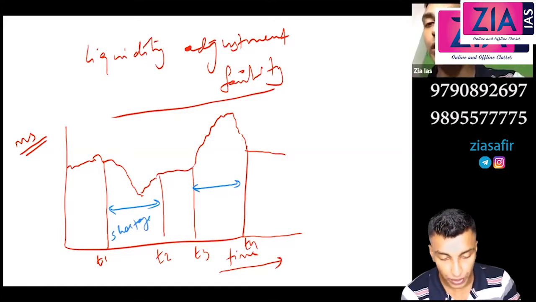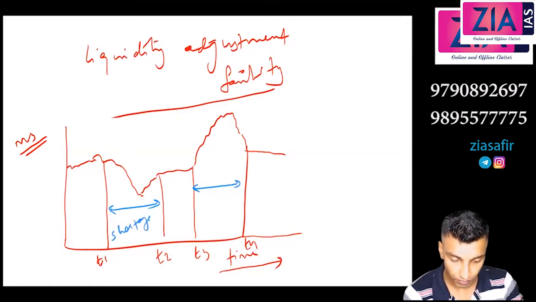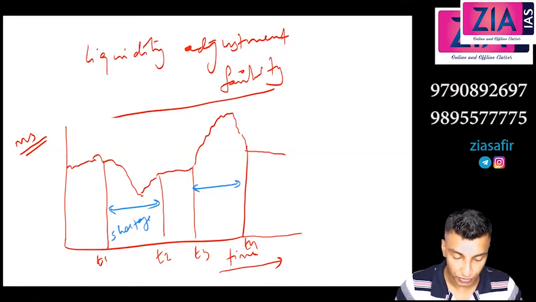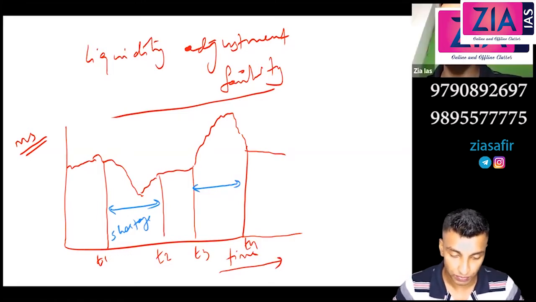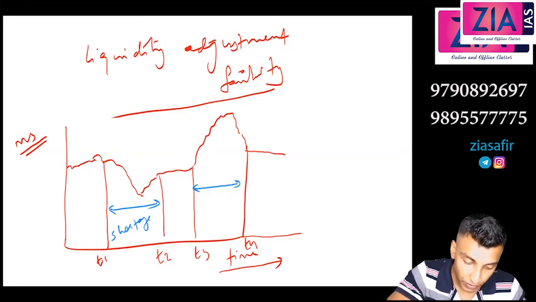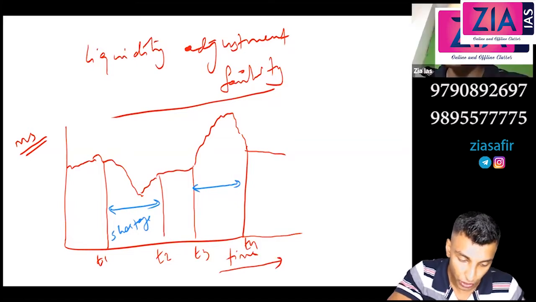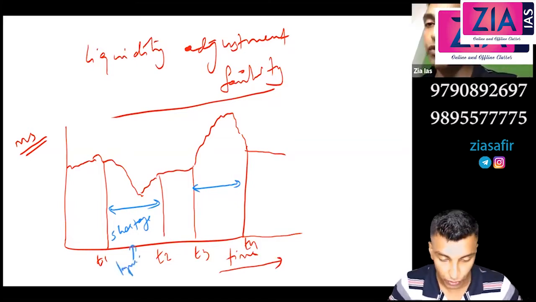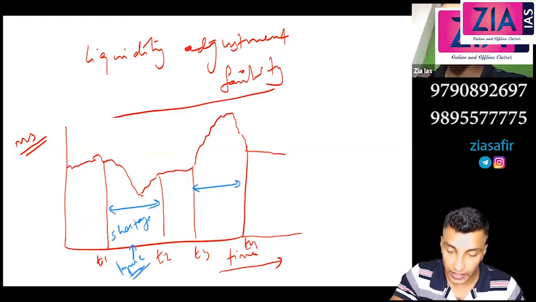So what does RBI need to do here? Reduce the CRR, SLR. Don't talk technically, you tell me: if shortage is there, what does RBI need to do? They have to increase the money supply. In shortage, RBI has to infuse money, right? Yes. So here, T3, T4,